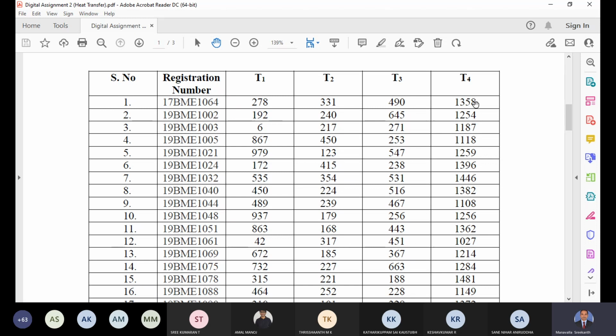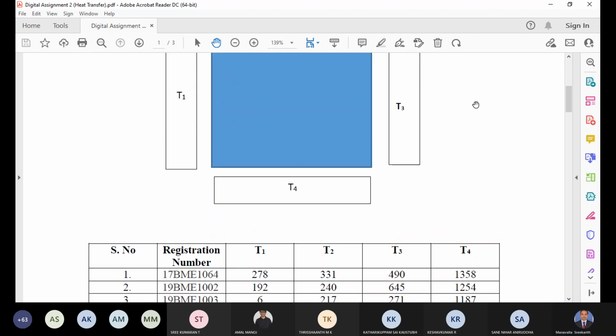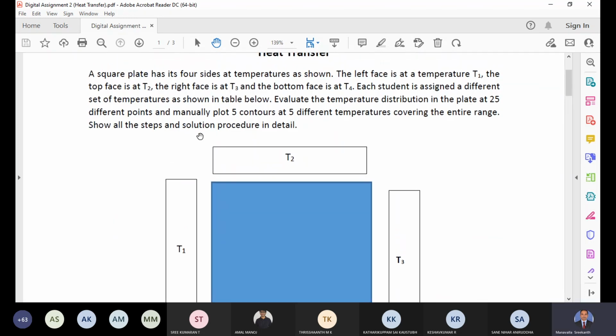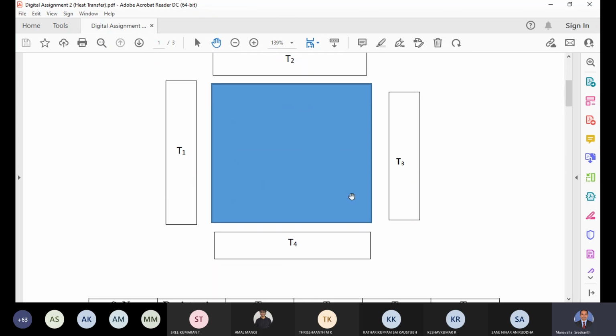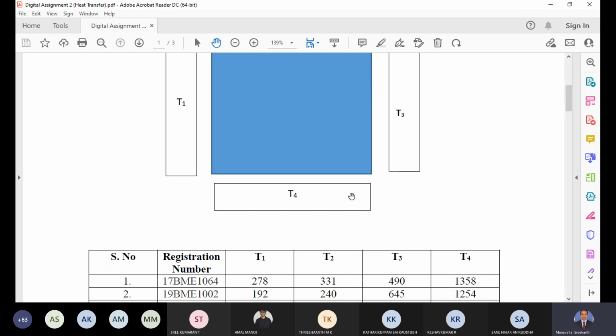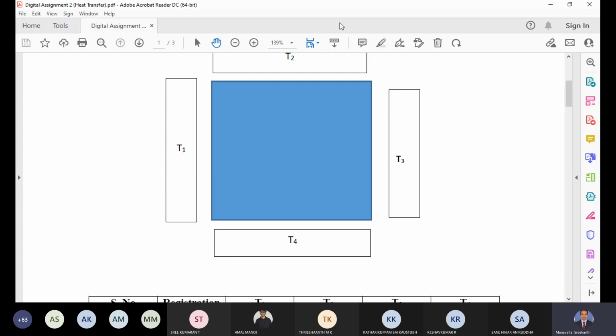That is important. I want you to plot these contours manually and show all the steps and solution procedure in detail. So I want you to write down the equations. For the solutions, you rely on software. You obtain the solutions using software, and finally show the solutions. You will have to draw the domain and mention all the temperatures in it, and in the next drawing you should show the contour plots. That means in your answer I need to see 2 figures. One is this plate with all the temperatures marked, with all the unknown temperatures marked after solving,